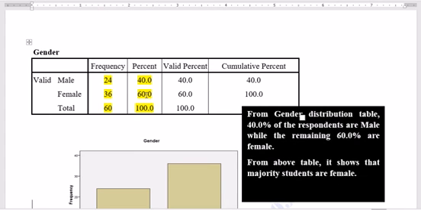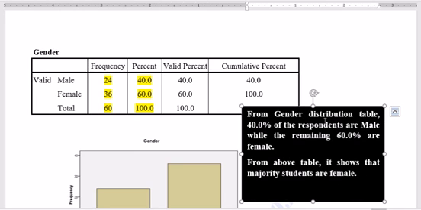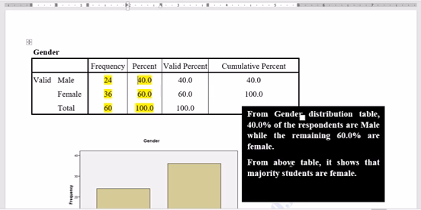Now we are looking at this. I cannot just come now from gender above. It shows that from the gender table above, 40% of the respondents are male, while the remaining 60% are female. And from this, what we have shows that there are more females